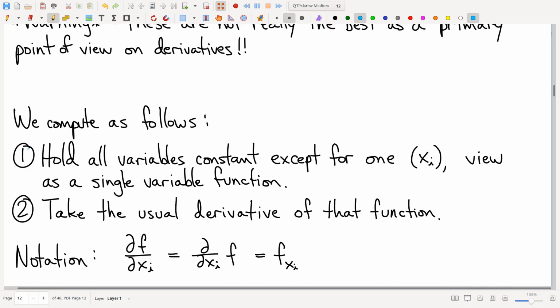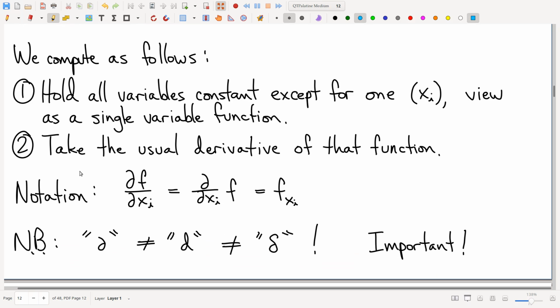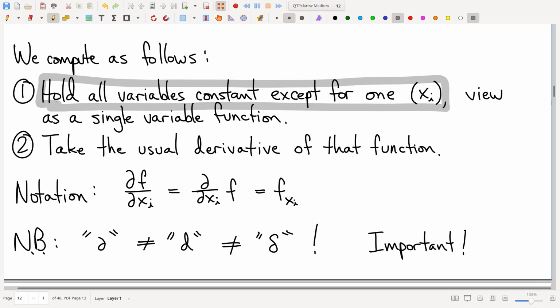All right. And here's how you do it. It's a pretty simple little process. If you have a function with several variables, play make-believe. Pretend that most of those variables aren't variables. It's almost like wishful thinking. You're looking at a function that has several variables, and you're like, wouldn't it be nice if only one of those was actually a variable? I'm going to pretend that only one of those is actually a variable. It's kind of cheating a little bit. But anyway, if you insist that they all stay constant except for one,